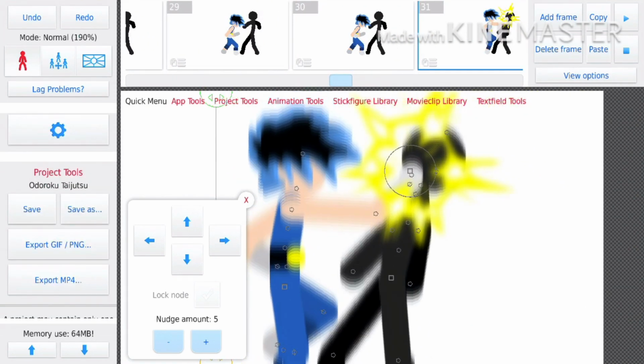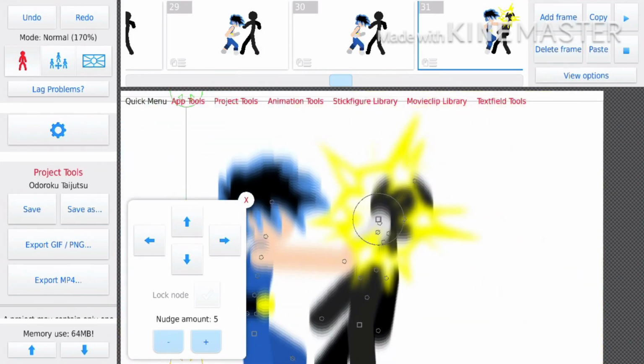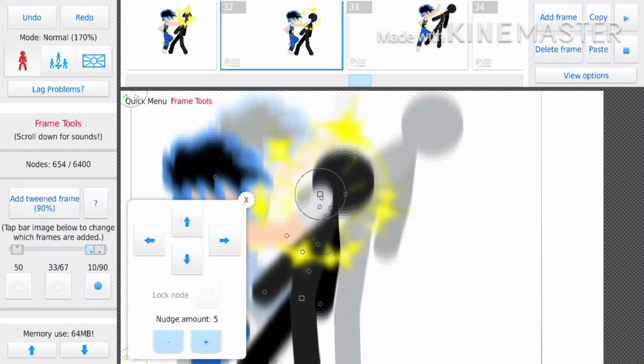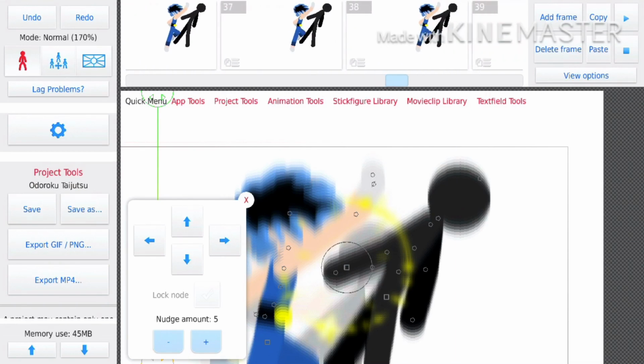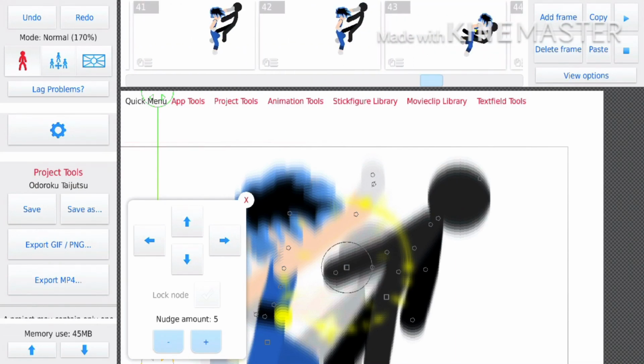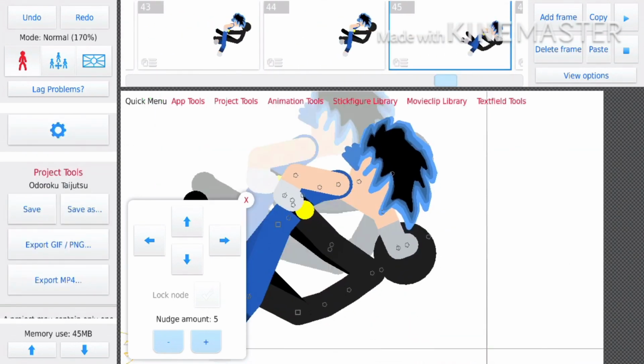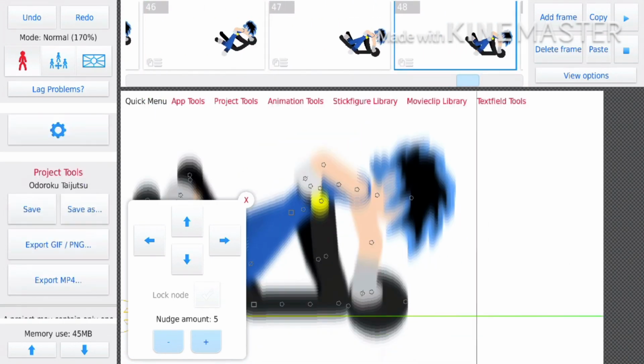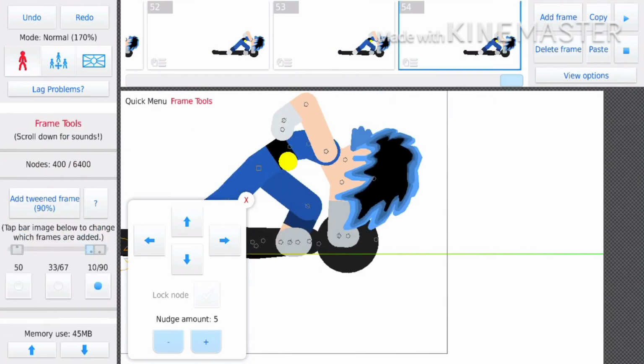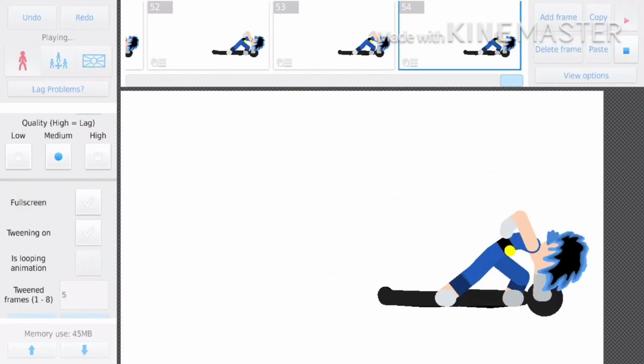This uppercut right here is a keyframe. And this is also a keyframe. And then the last keyframes are this and this and this. And this keyframe. So basically, keyframes are